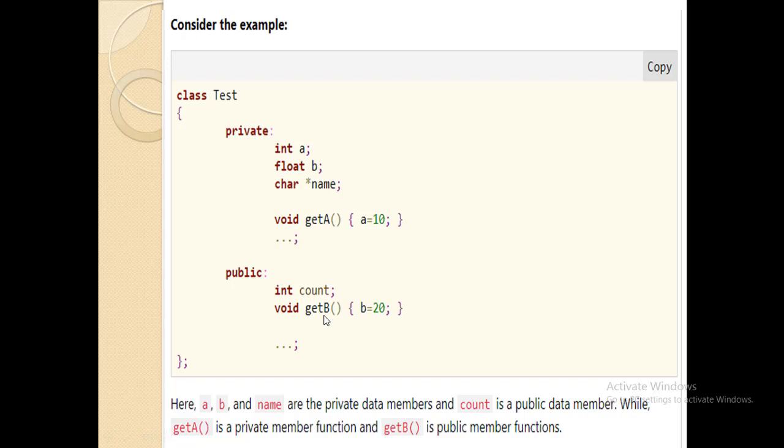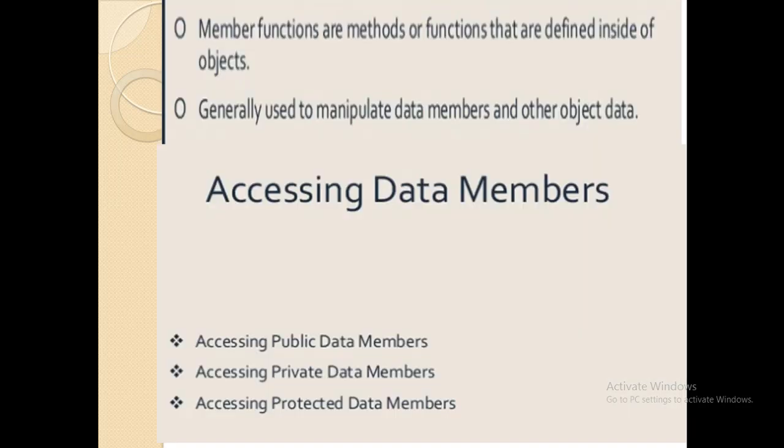So far we have created private functions and private data members and public functions and public data members. Now see how to access these data members and functions. First we will see the public data members. Member functions are methods or functions that are defined inside of an object.